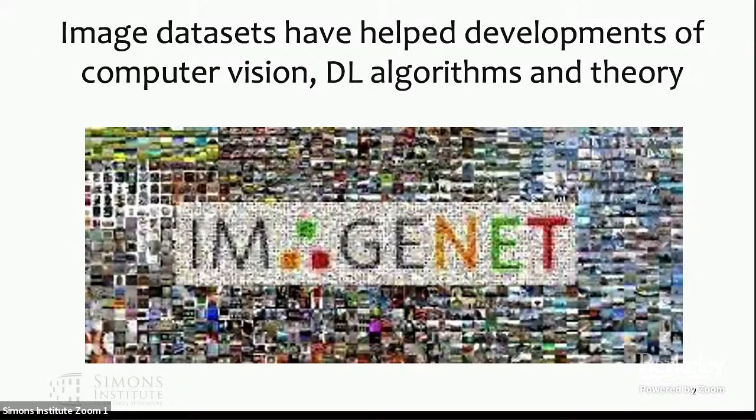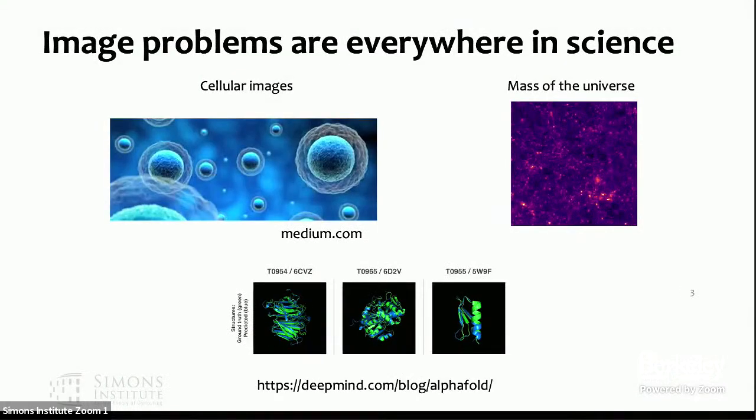Okay. So we all agree that image sets have been really important for development of deep learning, especially ImageNet and CIFAR and MNIST. You see a lot of that in academic talks. There are actually lots of other very interesting images in science, from cellular biology, cosmology, and also videos like